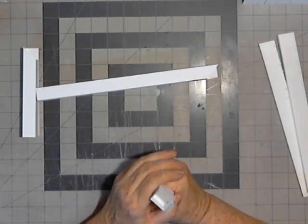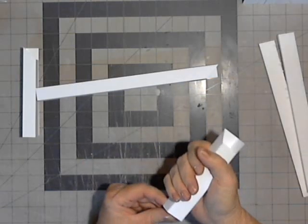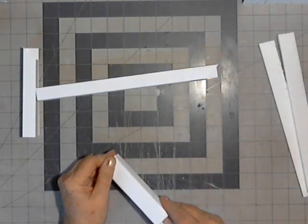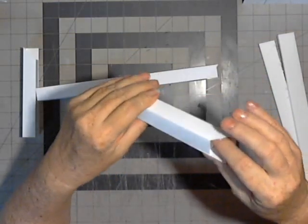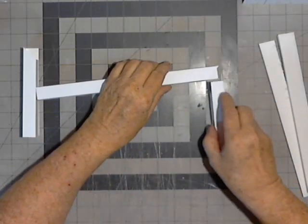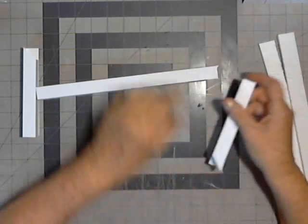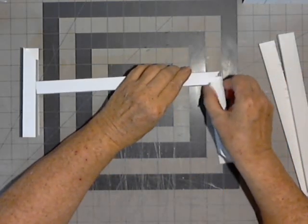Okay, so you shove these in, and they will go. That one's a little bit, oh, there we go. Got it lined up. Now they're lined up here, and they're not exceeding that. So that when you put this, okay, this has got angle up. This is angled up. When you put this in there, like that,